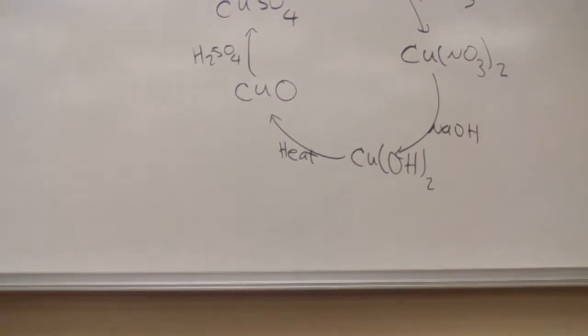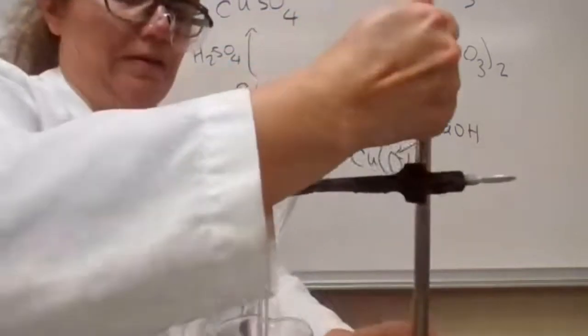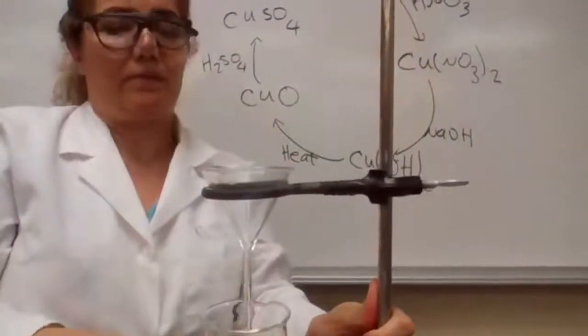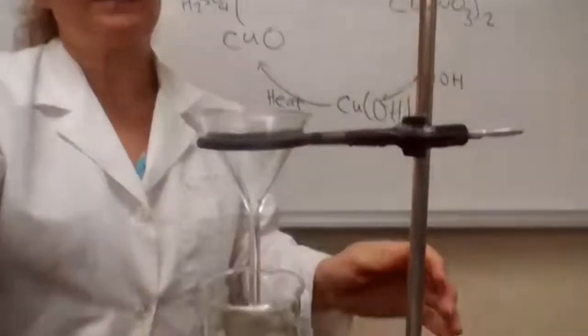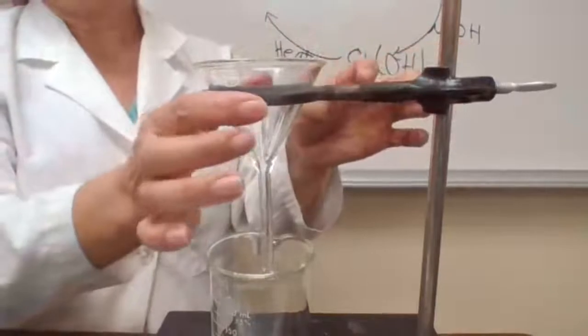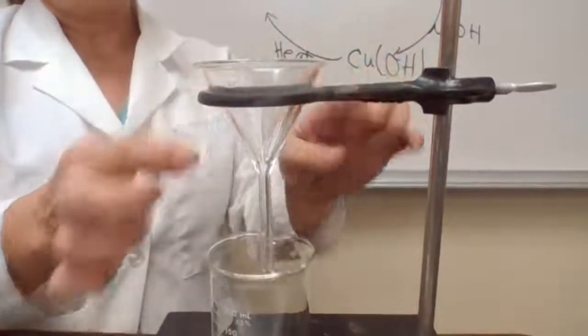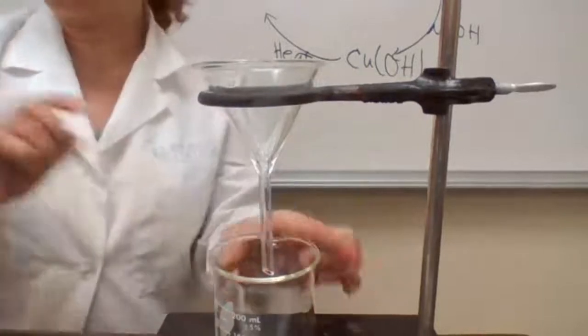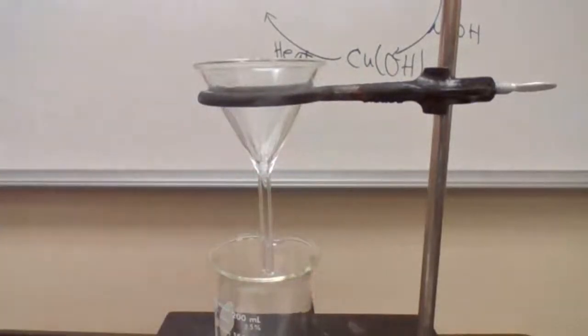For gravity filtration, the setup looks like this. For the setup, you're going to have a glass funnel, a proper size iron ring, and a receiving container to get the decantant, the filtrate. So you receive the filtrate